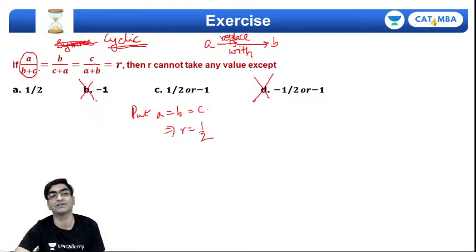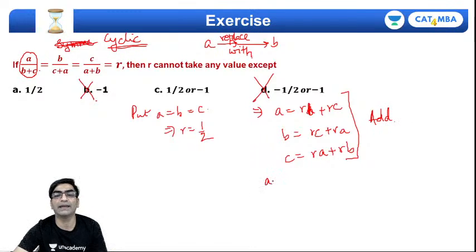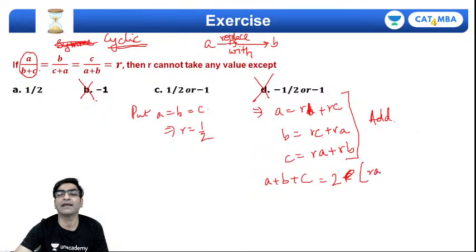So the way that I solve this question is that if A by B plus C is R, then consider each of them and multiply, right? So you will get A as equal to RB plus RC, just as you will get B as RC plus RA and C as RA plus RB, right? And what happens if you add all of these? You'll get A plus B plus C on the left hand side, but notice on the right hand side RA, RB and RC each occur 2 times, which means this will become 2 times RA plus RB plus RC, right? And if you bring all of it on one side, then